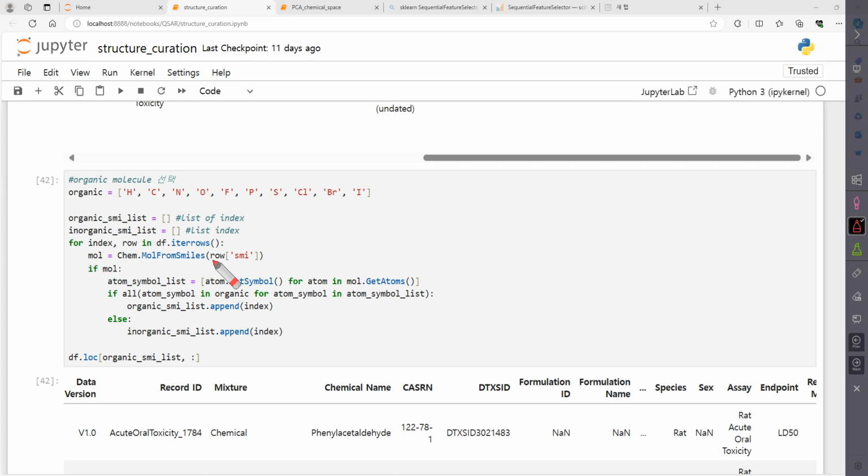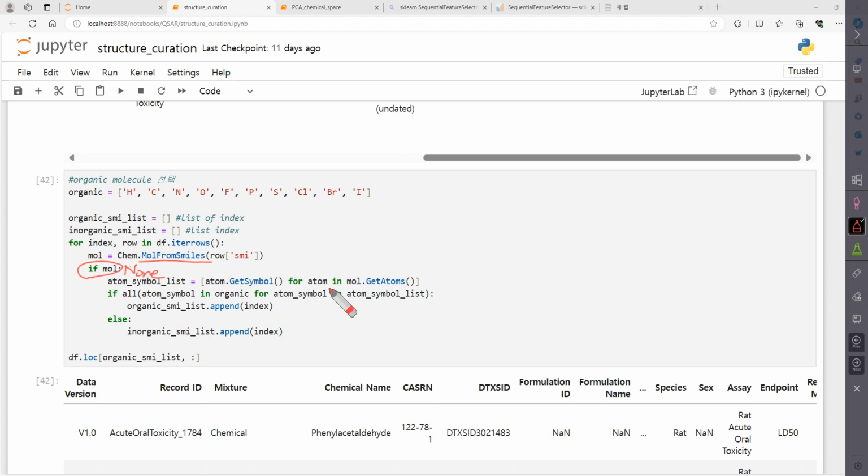We read the molecule, and if the molecule is valid, valid means the SMILES code may contain an error, and in that case this MolFromSmiles method returns None. If the return value is None, this if statement is not gonna run. So we are checking if the SMILES code is valid,